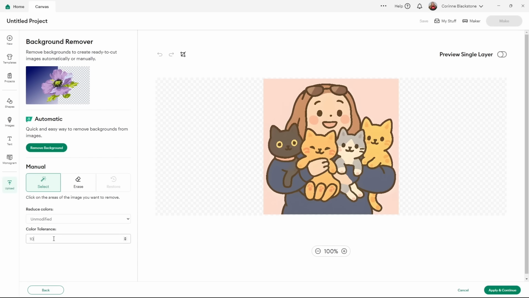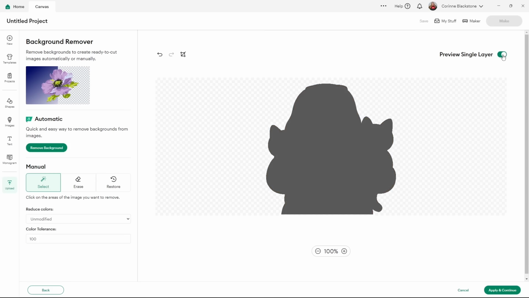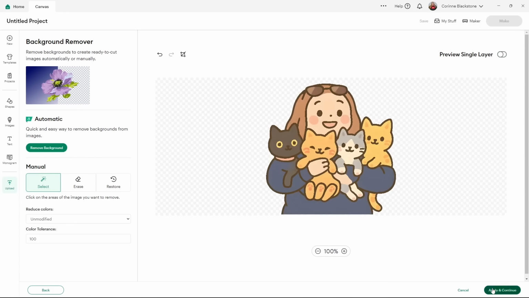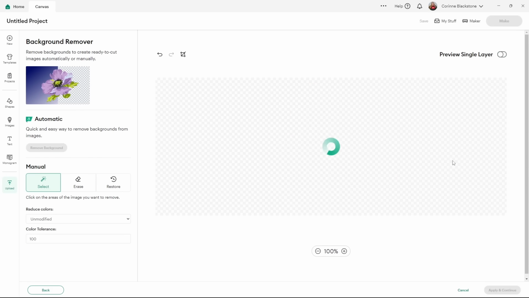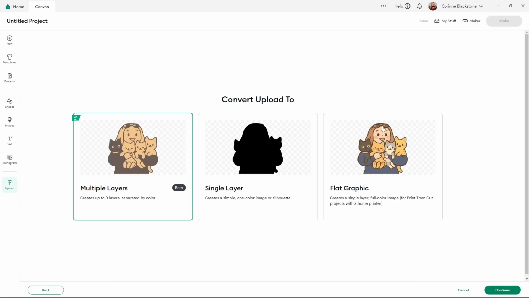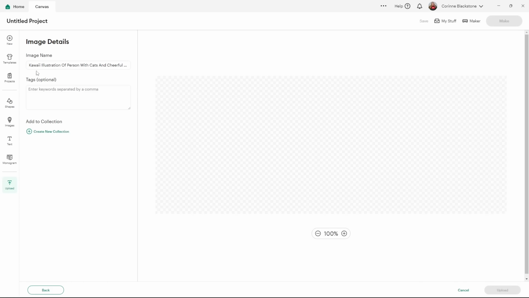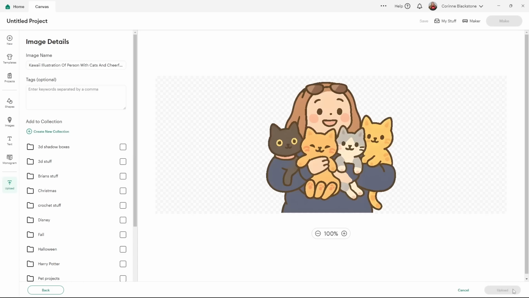But I'm going to go ahead and change the color tolerance to 100. And then I'm just going to click and remove the pink little background section. I'm going to just preview the single layer. Edges look good. And then I'm going to apply and continue. Now for this one, like when we did the sticker, I'm going to choose the flat graphic and click continue. Again, I can add an image name, any tags that I want to, but I'm just going to go ahead